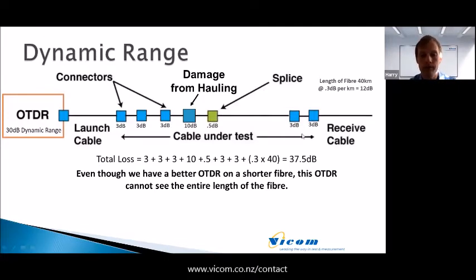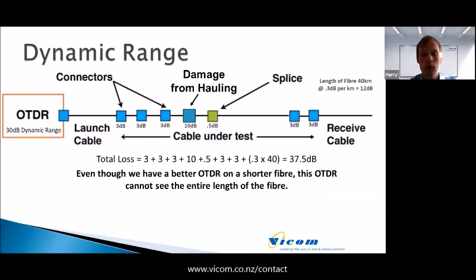So we've got 40 kilometers, which gives us 12 dB of light loss. But because we've got all these extra events here, our total link is now 37.5 dB of light loss with our 30 dB dynamic range OTDR. What does this mean? Well, even though we've got a higher performing OTDR, and in the previous example a 30 dB dynamic range OTDR could do 70 kilometers, it cannot complete testing on this 40 kilometer link because the network